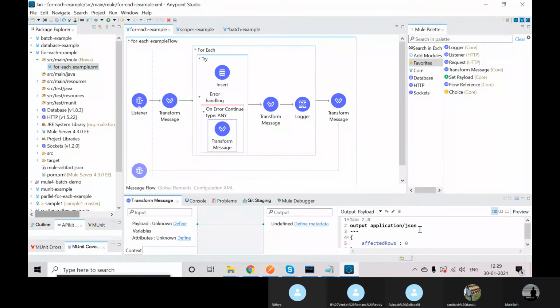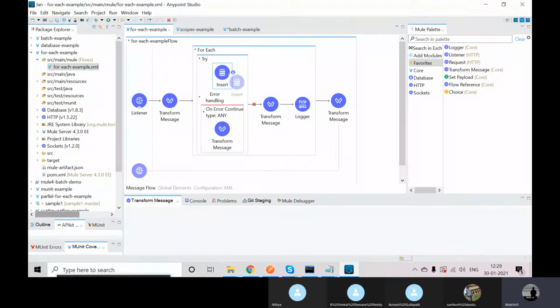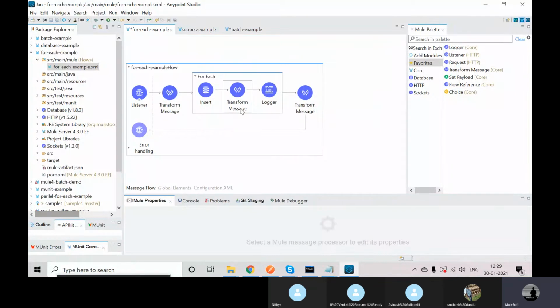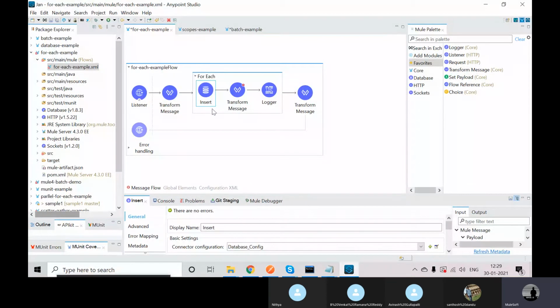Control A, control C. We have some disadvantage here, so I'll do control Z.